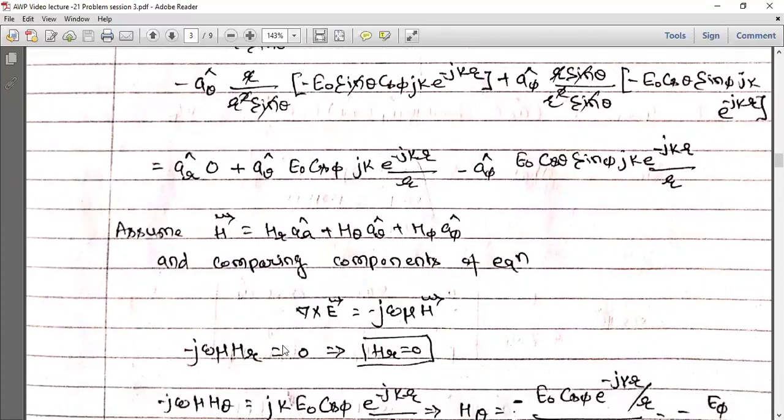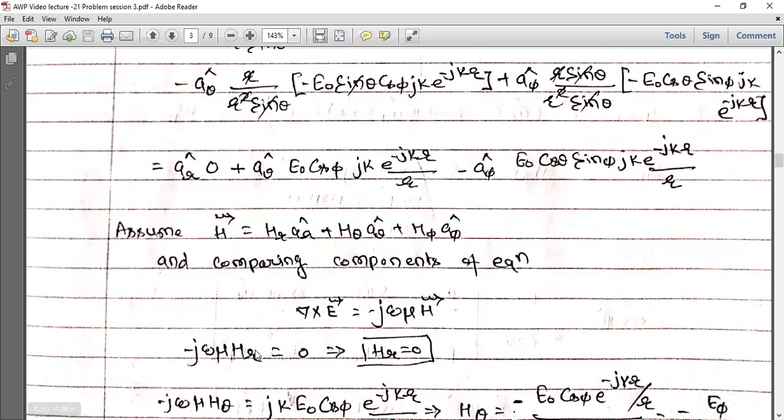that when you substitute both the things, you start comparing them. The radial component of ∇×E is 0 and the radial component of H is H_r. When you substitute this here, you have jωμH_r as the radial component, and the radial component of ∇×E is 0. When you compare, we are comparing two vectors; when two vectors are equal to each other, their components should be equal. So we are comparing the individual components.